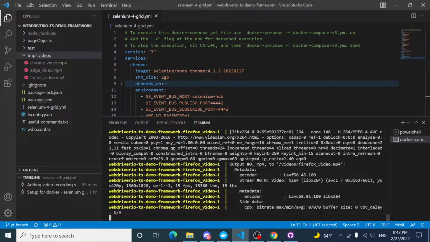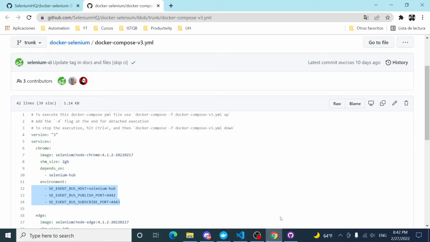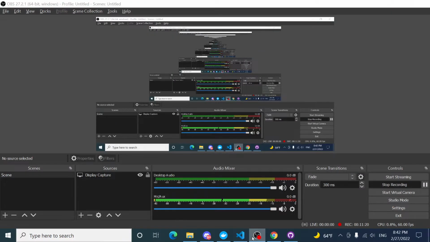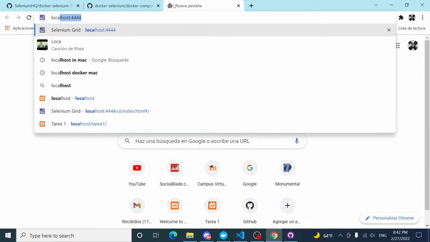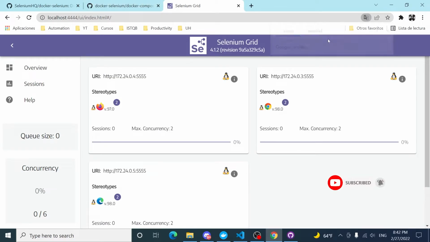In my case, I have done that before, and it was pretty quick. Right now it is running, right? If I check the recording, it is recording correctly. And if I check my localhost:4444, you're gonna see that right now I have the Selenium Grid UI over here, and as you can see,